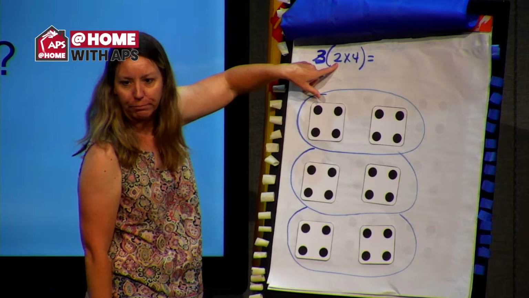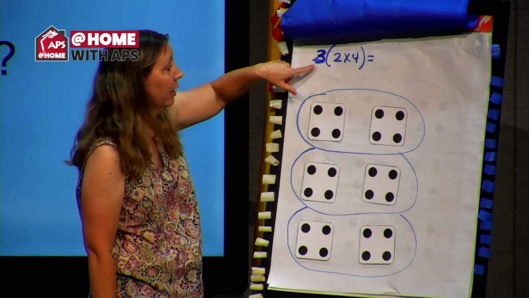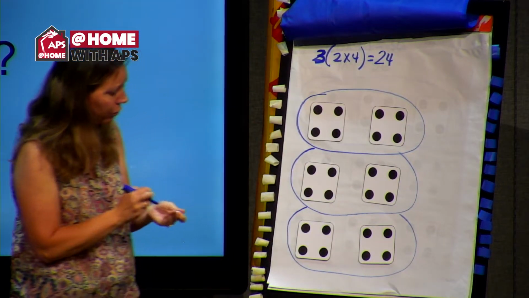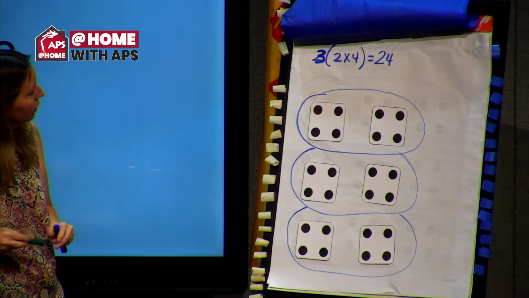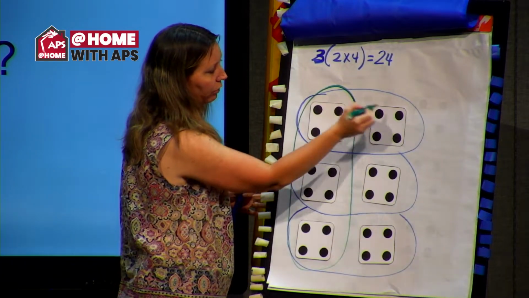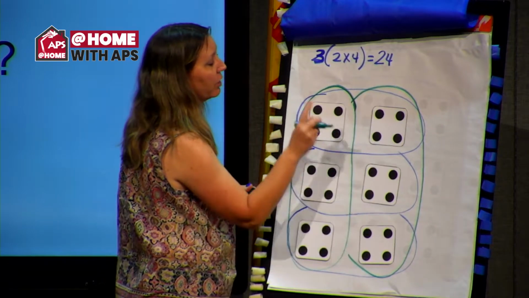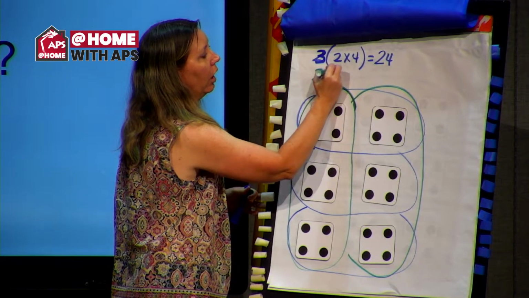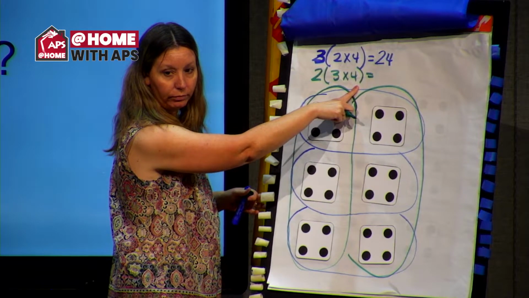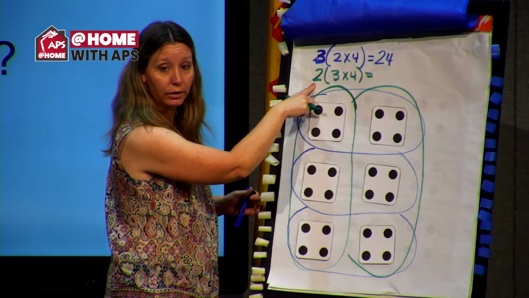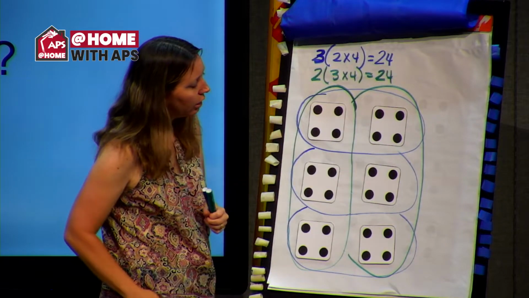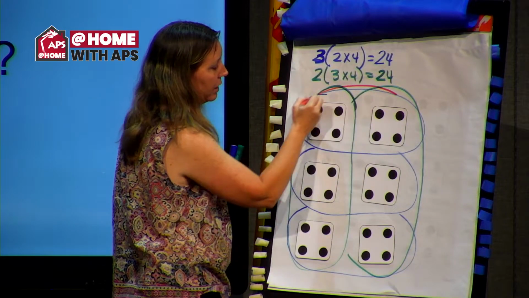What's 2 times 4? 8. 8 times 3? 24. All right, what's another way we could have seen that? I see it that way too. Do the rows of 3 4s. So now I have 2 rows of 3 4s. What's 3 times 4? 12. 12 times 2? 24. And for those of you that just saw it all together, just saw the big old one,